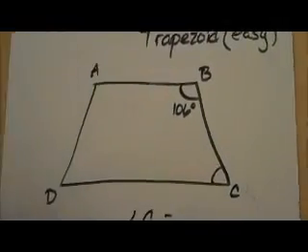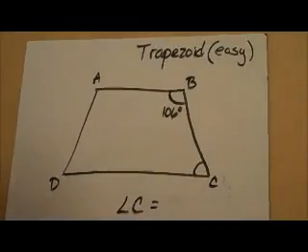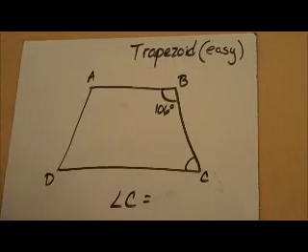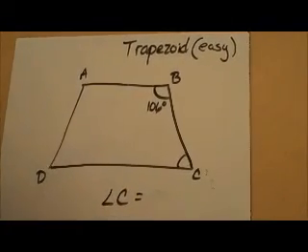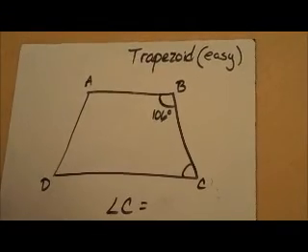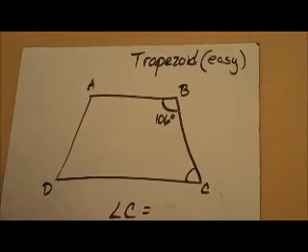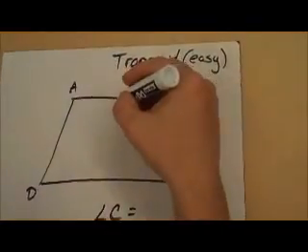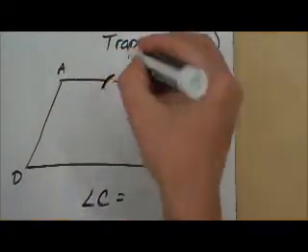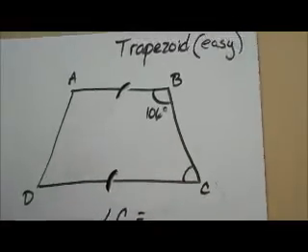Alright, next video, trapezoid. This is going to be a trapezoid easy. As we talked in class, there's something about the property of a trapezoid that's different than any other quadrilateral. It has one pair of parallel sides. Only one. Yes, so I'm going to put my tick marks here and here,